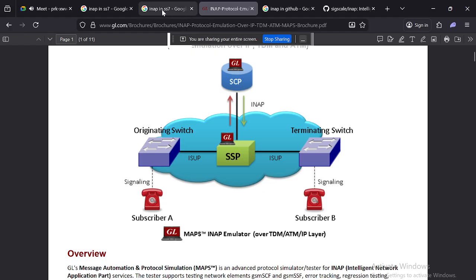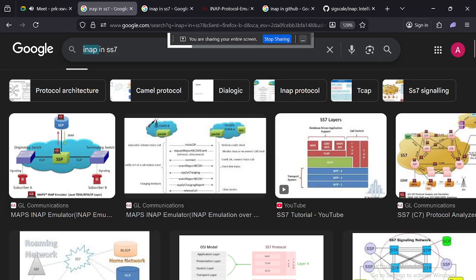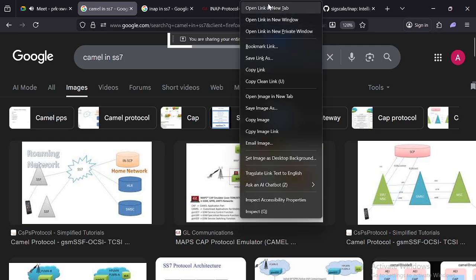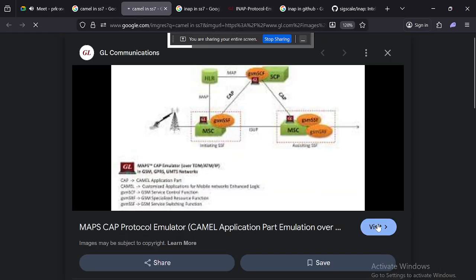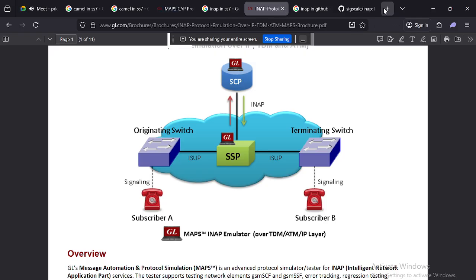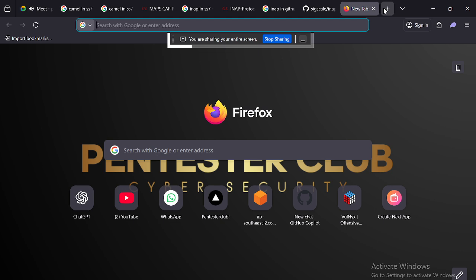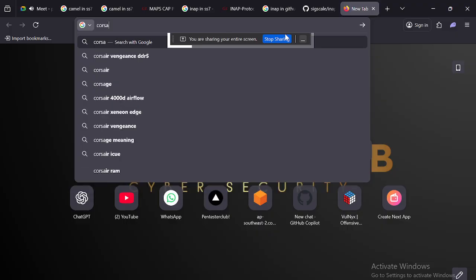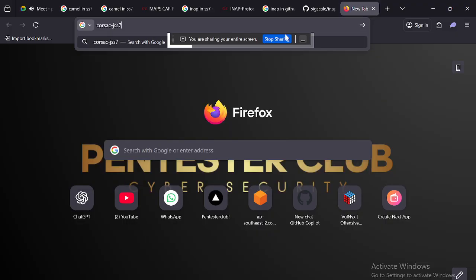So next we would like to discuss CAMEL. For INAP, I would also like to give you cross-sec JS7.